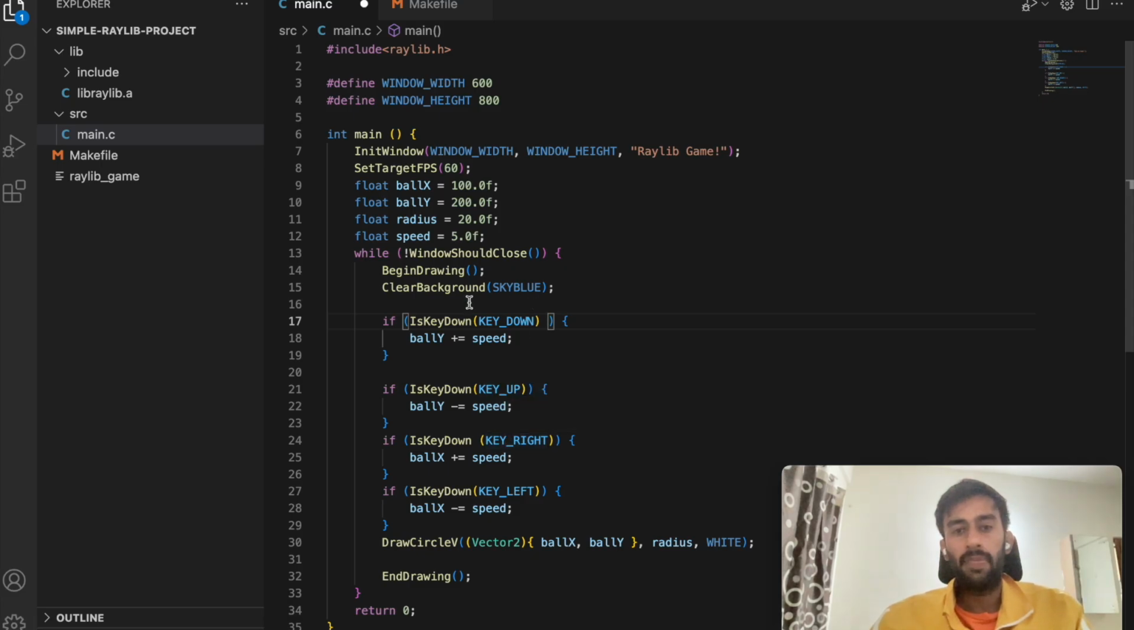But the y coordinate of the ball should remain a little bit higher from the bottommost part, because the radius is also there. The coordinates, ball x and ball y, is the center of the ball. So the y coordinate should be a little bit higher than the bottommost part of the window, because we have the radius as well. So what I'll check is if someone is pressing the key down and